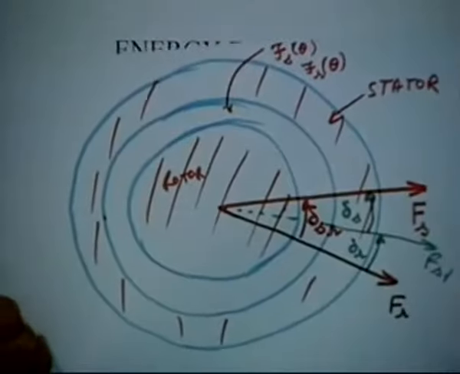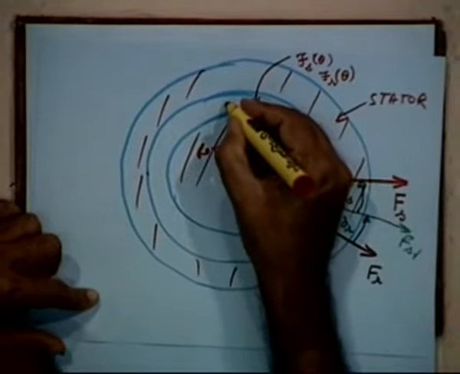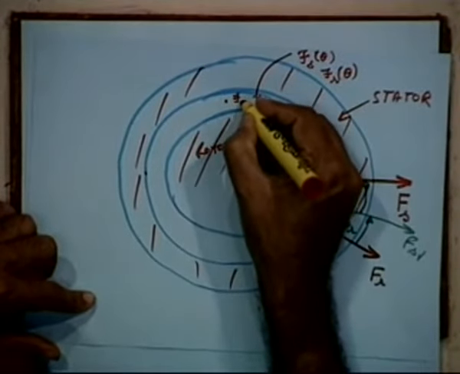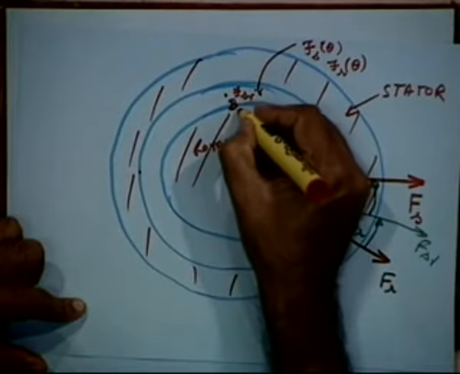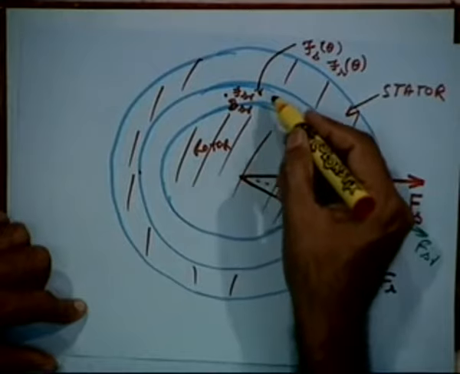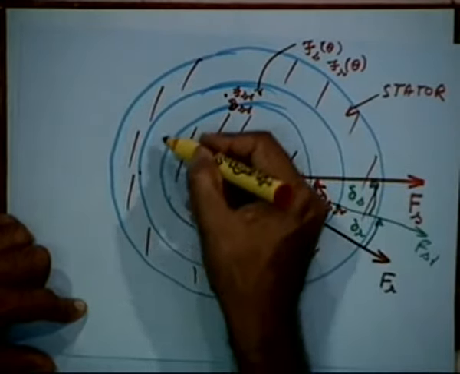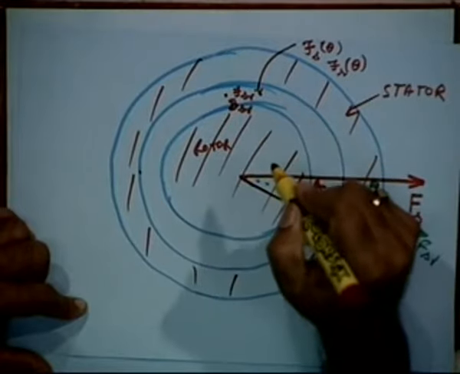That means at any position, there is an FSR here and there is also a BSR here at any position in the air gap. Okay. So that will go on varying with theta, it will have different quantities in the air gap, but